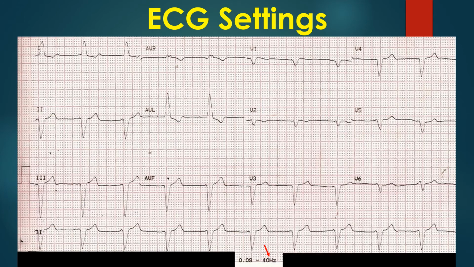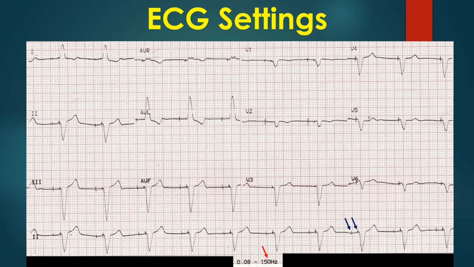Pacemaker spike, being a high frequency signal, is effectively filtered out by the filter setting of 0.08 to 40 Hz in this ECG. Hence, this ECG is likely to be diagnosed as left bundle branch block at one look, though we are missing the P waves before each QRS complex, which would be expected in a simple LBBB with sinus